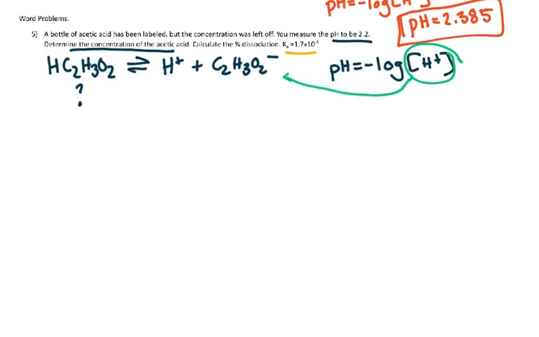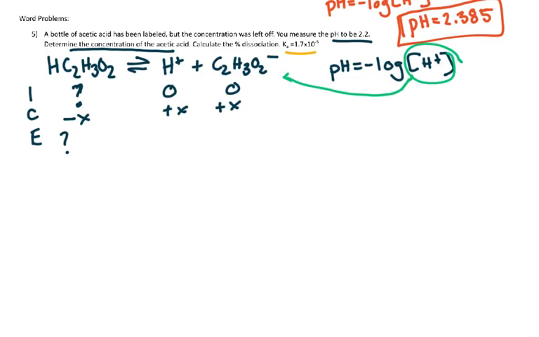I could set up an ICE chart here. It's not exactly helpful when you don't have an initial concentration, so I'm just going to show you what that would look like. I still have 0 here. I don't know how much I'm starting with. That's what I'm looking for. I'm still subtracting the x, still adding the x's. But the difference here is I have a question mark still. It will be minus x, but remember we assumed that that's too small. But instead of making my hydronium ion concentration and my acetate ion concentration x and x,